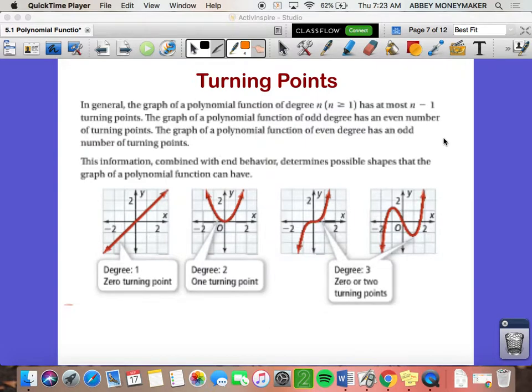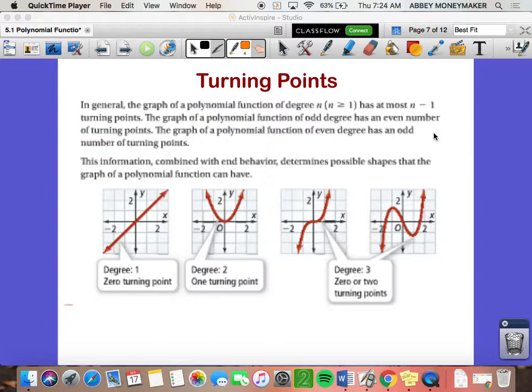Last thing that we need to talk about for some of y'all is the turning points. Now there is a rule when it comes to the turning points. The rule is the number of turning points is one less than your highest power. If you want to pause the video and read this paragraph to yourself and try to decipher it, please feel free to do so. But the easiest way that I have found to teach this and make the rule is to know that the number of turning points, the maximum number of turning points, I should say, is one less